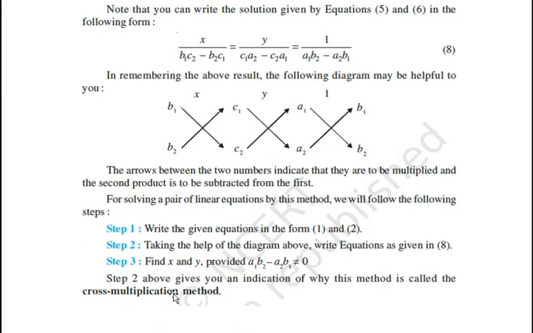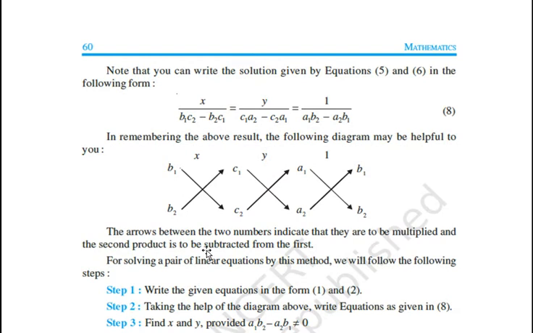Now this is the cross multiplication method. You can see it is written here. I am just showing you. What is here? In case we need to find the values of x and y. Till now we learned how to find the values of x and y by solutions. First by substitution method. Second was by elimination method, exercise 3.4, and now we have this cross multiplication method. All three have the same purpose. Three methods, but the purpose is the same, to find the values of x and y.